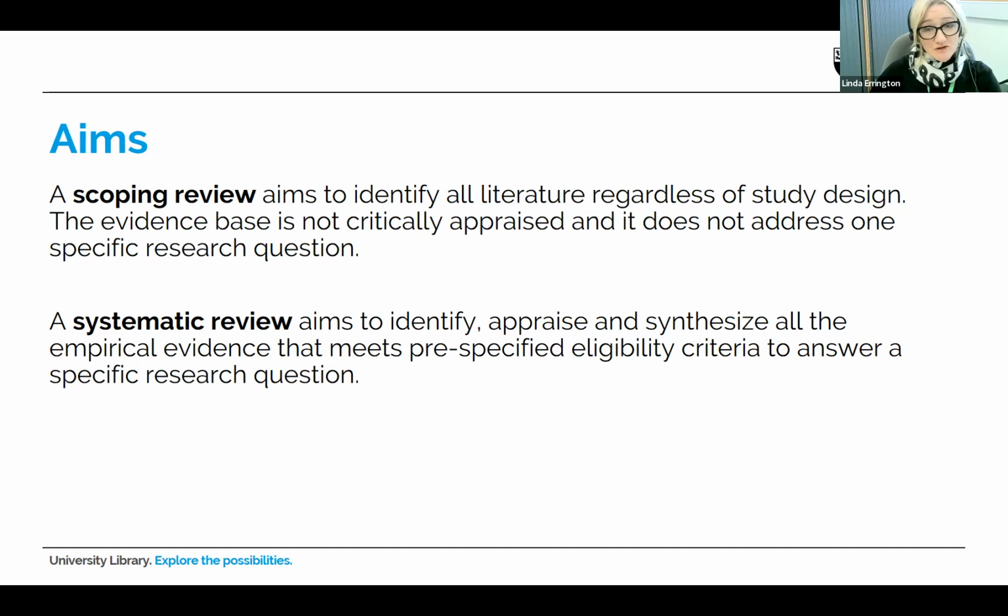A scoping review is often used to identify what we know and also what we don't know about a topic. So it will identify gaps in research and can be used to influence future research and maybe bolster funding applications. A scoping review can also be a precursor to developing one or more systematic reviews once you've found out what these gaps are. So both reviews aim to identify all of the relevant research studies and present a balanced and impartial summary of the findings.